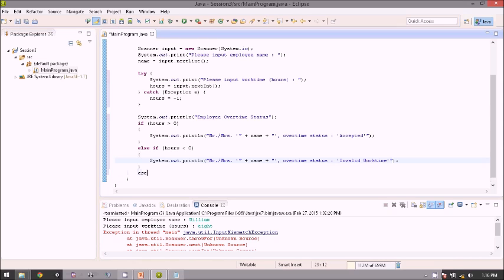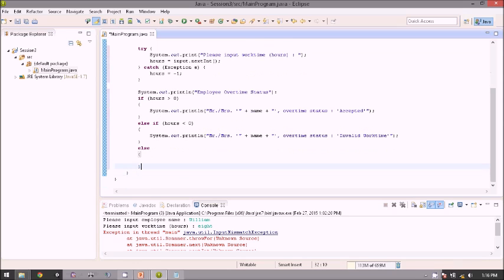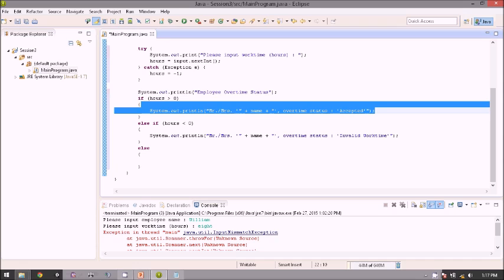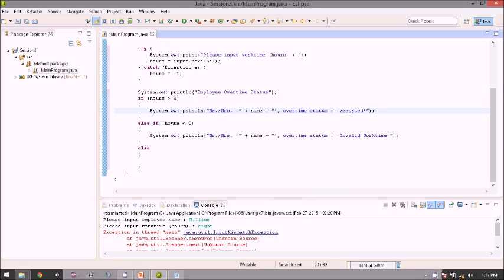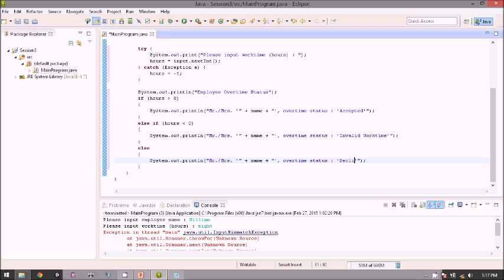And then last, if the work hours is less than 8 but it's still a positive number, we just change this one into decline. So we just copy this, just select this line and then copy it into here and change the accepted into decline.